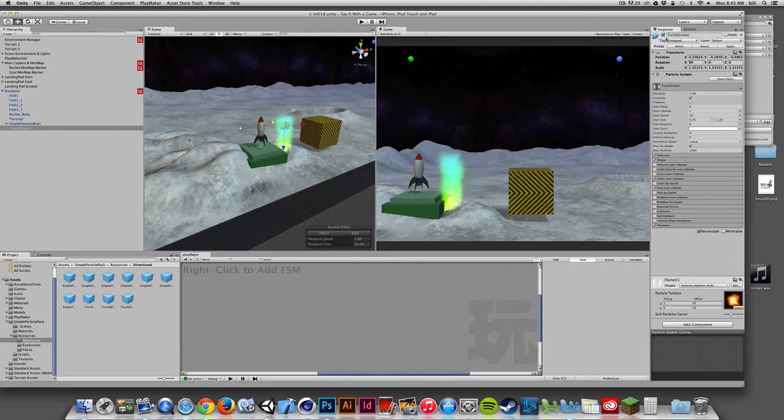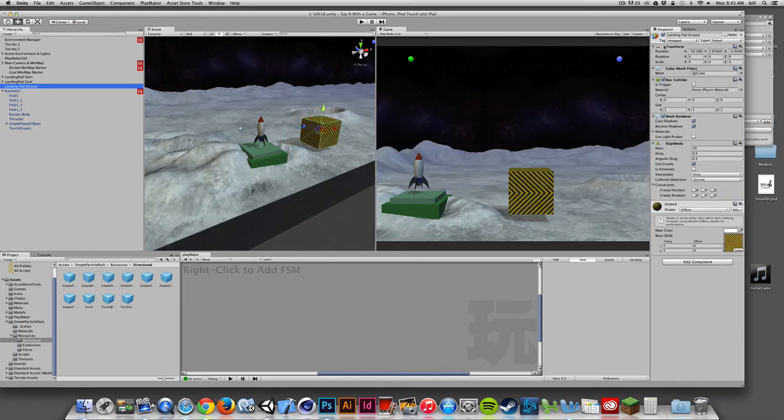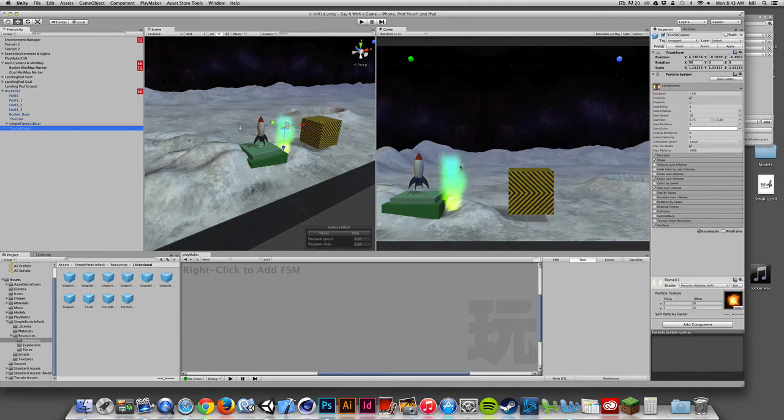if I go into my inspector and just uncheck, when we're talking about activate game object, we're talking about the checkbox that's just to the left of the title of the object in the inspector. And this really works with any object, could be turned on or turned off. So as an example, if I go to my landing pad here, the striped version, if I toggle that little check mark next to the title, that turns the object from not active to now active. So this is an easy way to kind of show and hide geometry and effects, in this case this particle